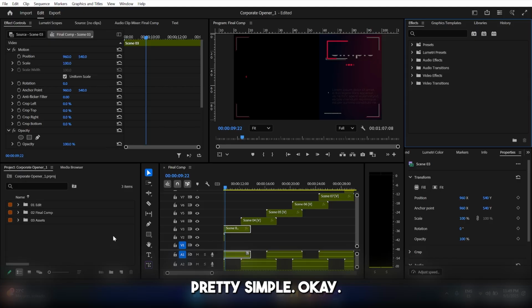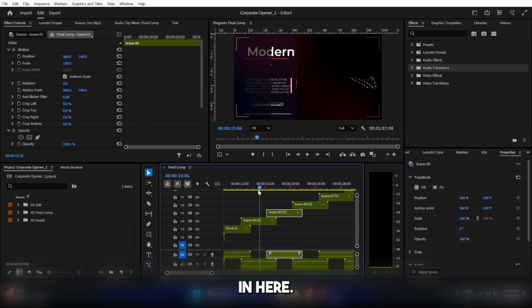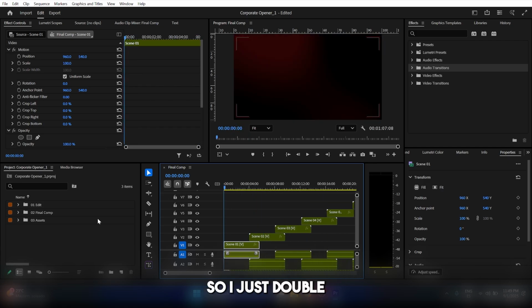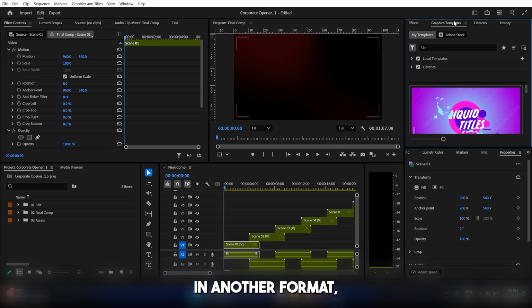Now guys, what I did was very simple. The folder that I downloaded was compressed, so I unzipped it using 7zip or WinRAR or any program like that, and I just opened the Premiere Pro project, which is this one that you can see in here. So I just double click on it and I open it. Extremely simple. Now some templates are actually going to come in another format, in another extension that is called